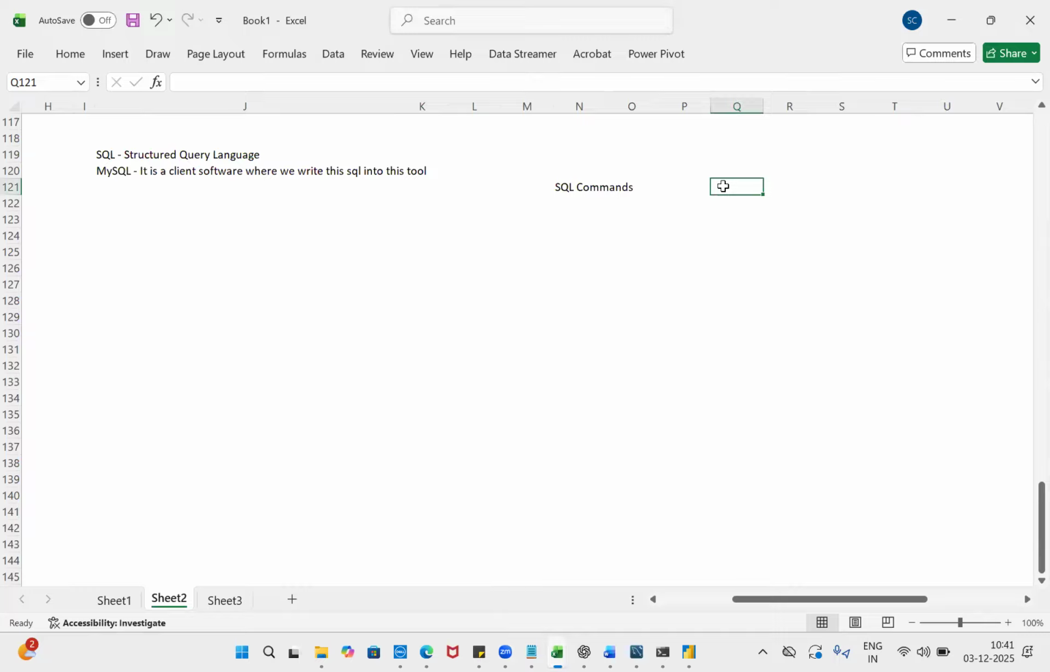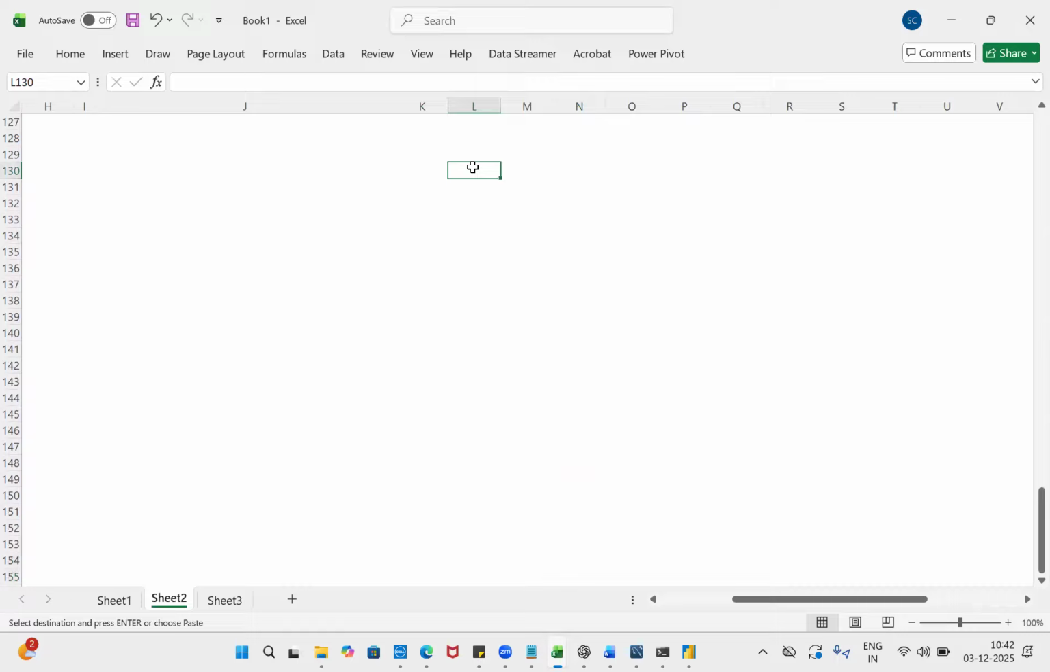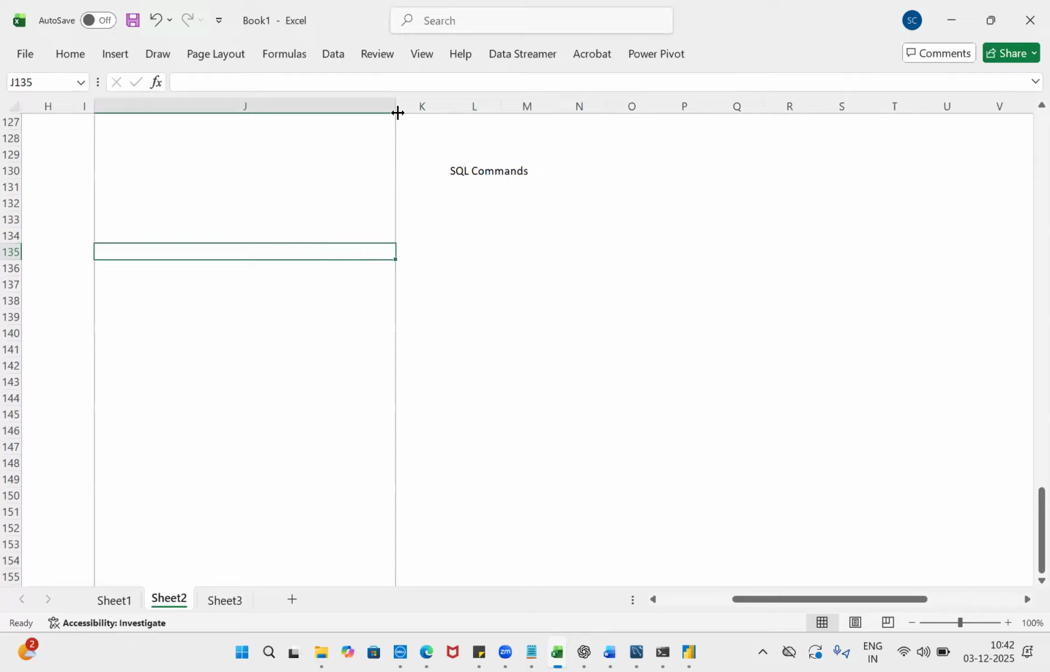In the same way, SQL is also giving some instructions to make this SQL work in a very proper and structured manner. That is how your SQL is designed. So let's go and learn this. Under these SQL commands, the first command we have here is